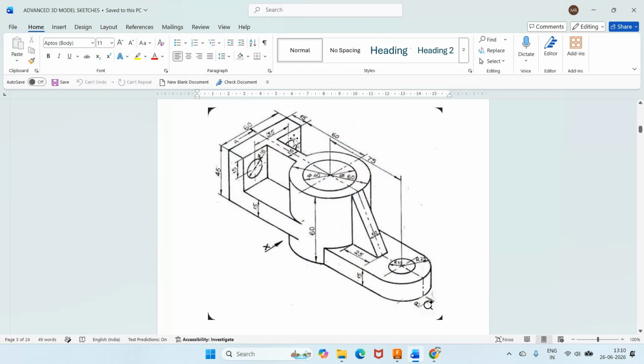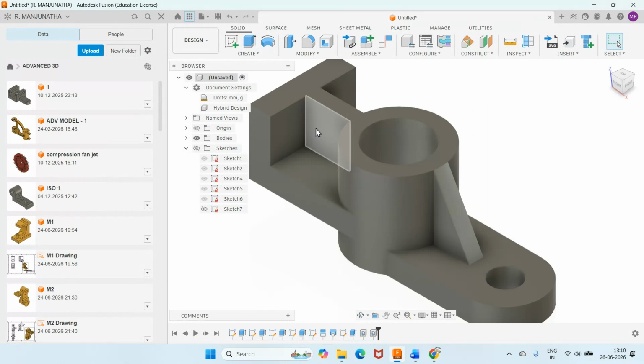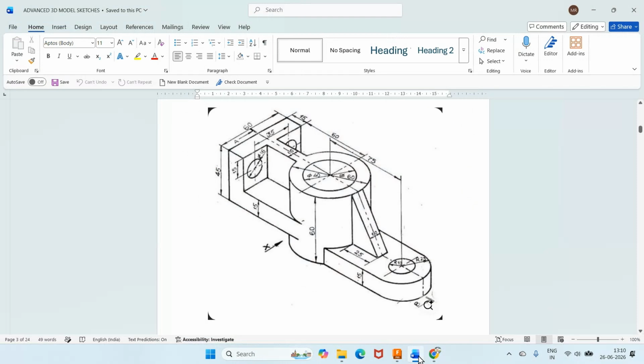Now I'll go for create and I'll go for a hole. Click on this particular surface. So what is the diameter of the hole? The diameter of the hole is 16. So take the diameter of the hole as 16. Then the distance is through